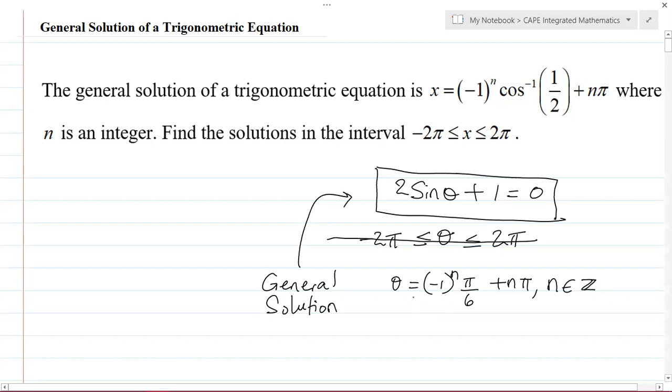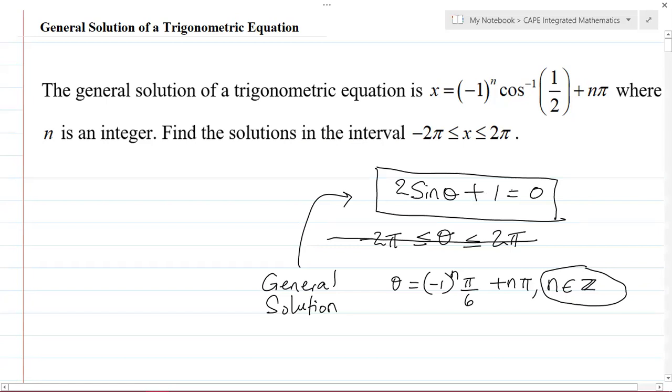What that means is that if I plug in any integer value for n inside of this theta here, then I will get a solution to this trigonometric equation. That is simply what it means, okay? Now, if you try and find the solution to this